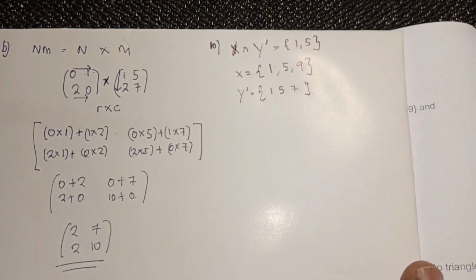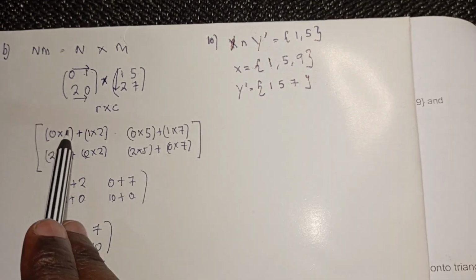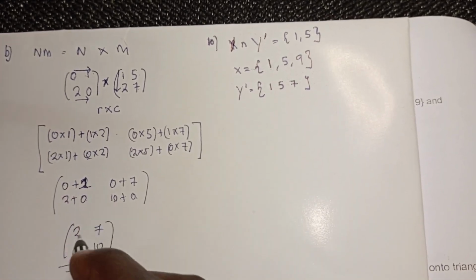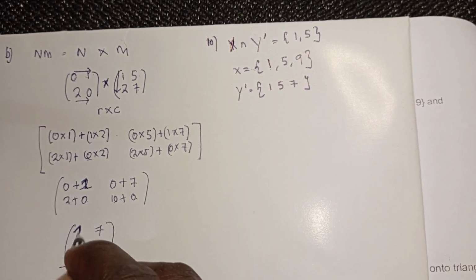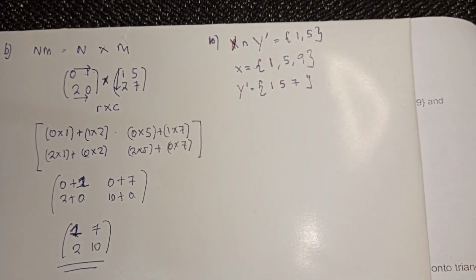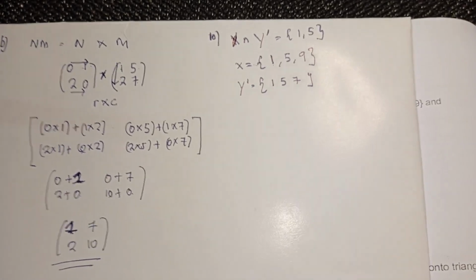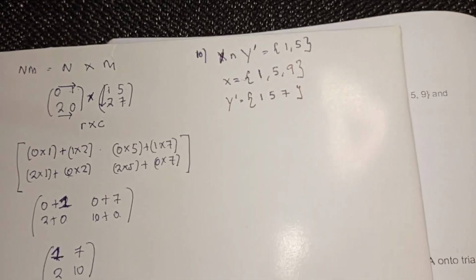Okay, so just a quick one, we made a mistake here. It is 1, so here it's supposed to be 1. All right, I'm sure you noticed that. All right, so now we go to